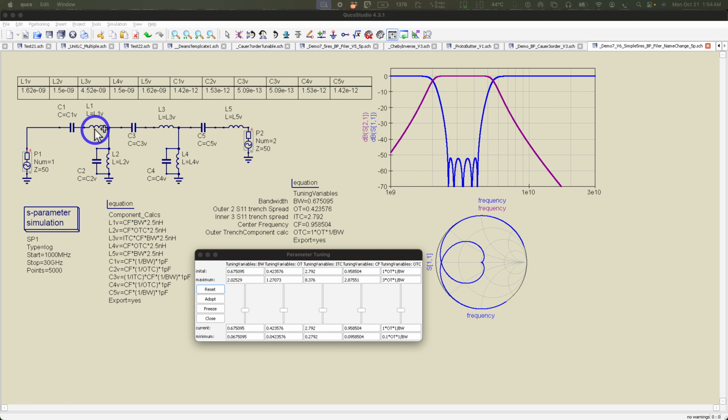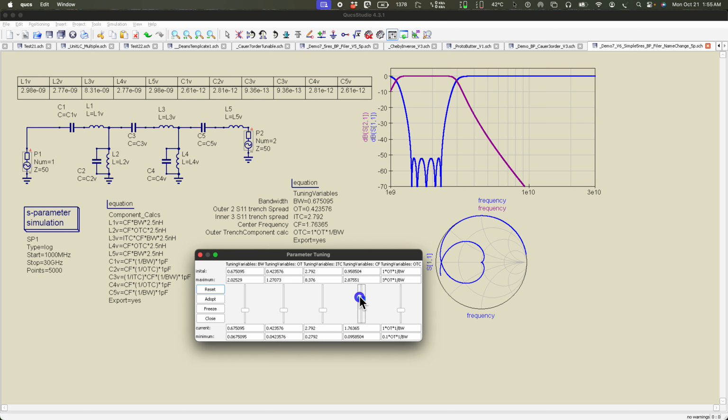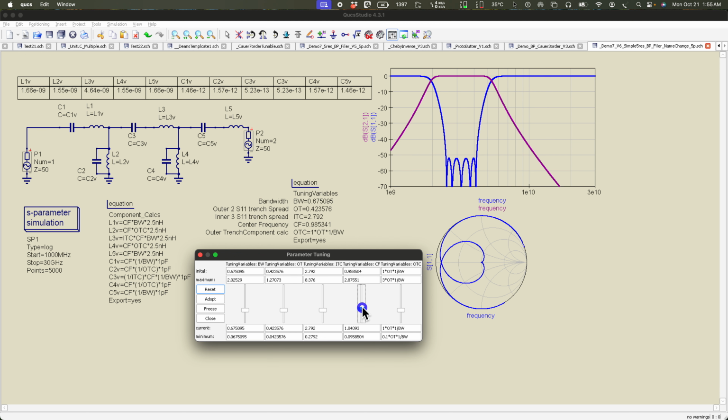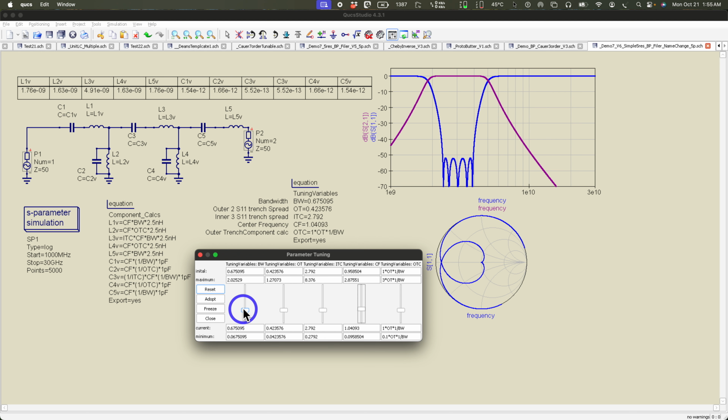So the inductors in the first leg are matched up with capacitors in the shunt leg, and vice versa. And so from one end of the circuit to the other is a pair, with the inductors paired with a capacitor, and the capacitor paired with an inductor. That then gives us these variables that we can play with. So you get CF for center frequency, and so I can just move the whole response up and down, and then move the bandwidth up and down